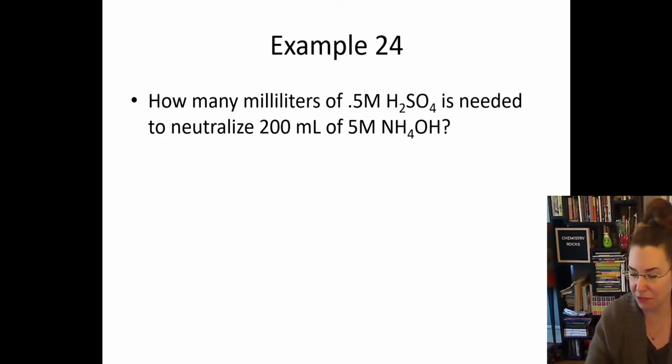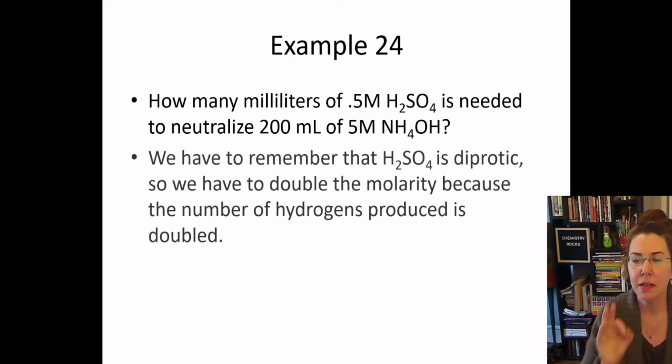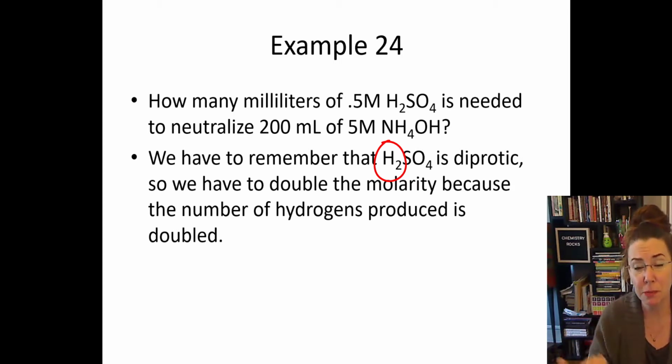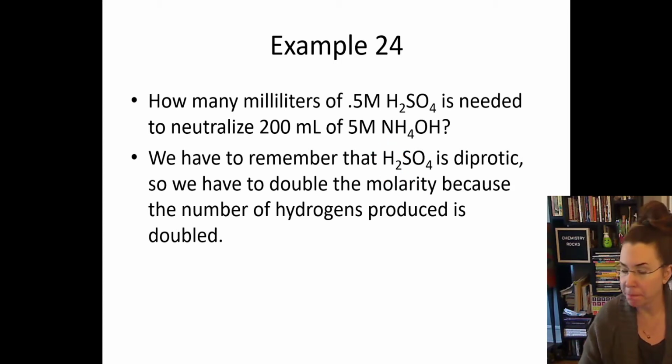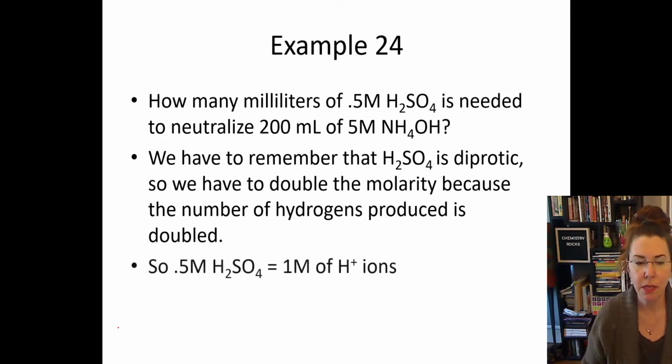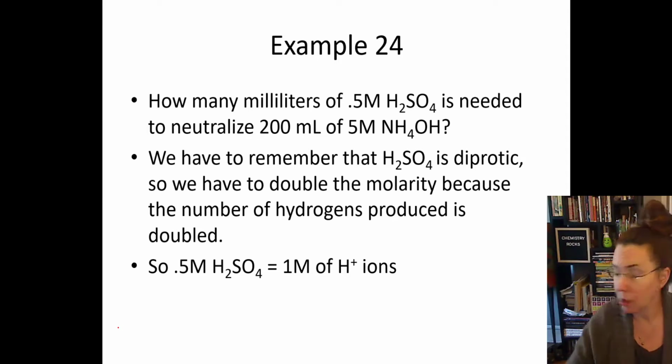Now, this one's a little different because H2SO4 is diprotic. So we have to double the molarity because the number of hydrogens produced is double, okay? So when we work this problem out, our 0.5 molar sulfuric acid solution is like having 1 mole of hydrogen